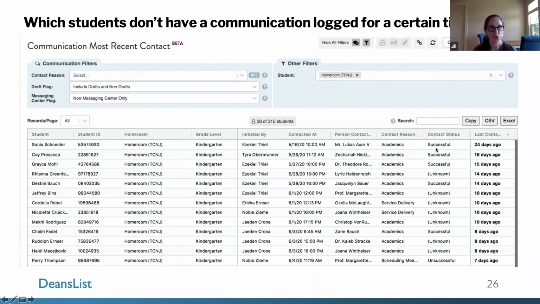So for this first view, which students don't have a communication logged for a certain time period? In this view, there's likely not that much scaffolding we need to do. We can see in this table which students have gone the longest without calls. But I think the opportunity here is to clearly connect this view to action at the start of the meeting. We're not here to discuss why calls to these students haven't been made in a certain period of time, or why it's been really hard to make calls. We're really here to make a plan to ensure that everyone is contacted the next week and to figure out who is best equipped to make those calls.